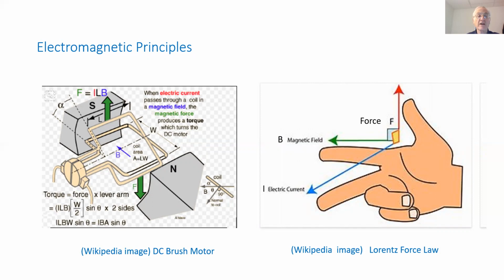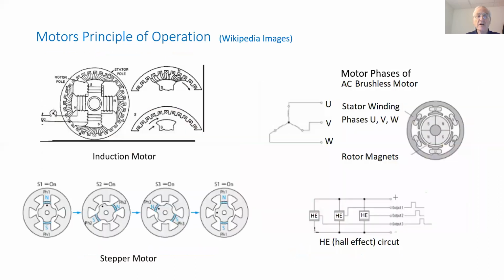And we see over here how it applies to direct current. We have brushes which commutate the current. The current goes from the plus sign through the coil, and the coil is going through a magnetic flux. Flux goes from north to south. And then according to the right-hand rule, we have current in one direction, flux in perpendicular direction, so perpendicular to them will have a force. Force times the lever arm will give us the torque, and that's how the torque in a motor is being generated.